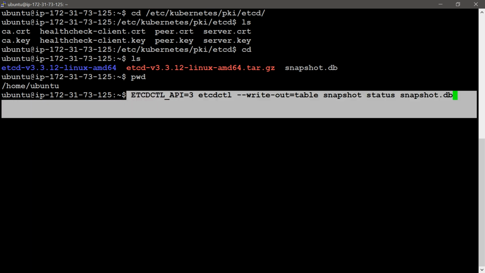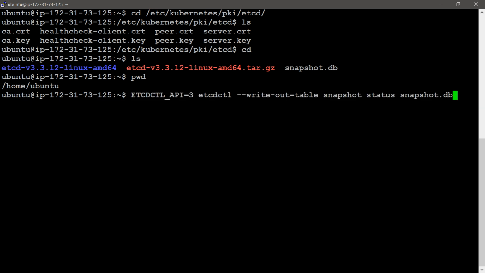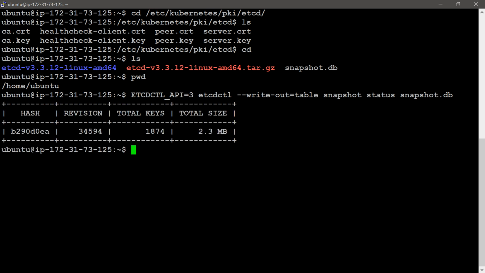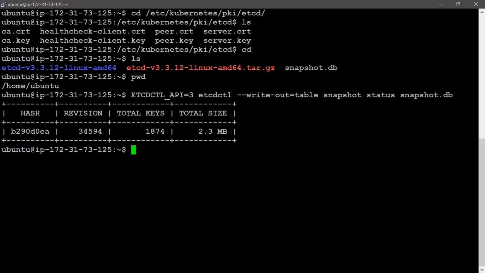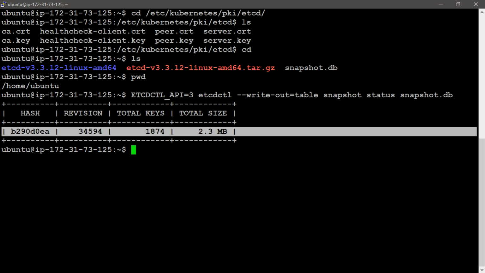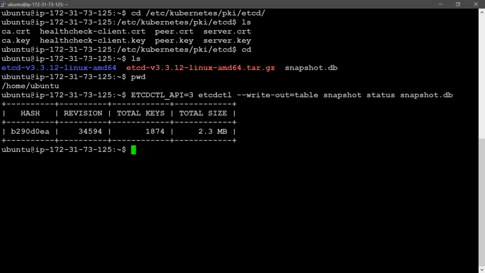This command we should provide to view the snapshot. You can see the table here, with total size and total keys. Total size is 2.3 MB, and the revision hash code is also showing. This command has successfully taken the snapshot.